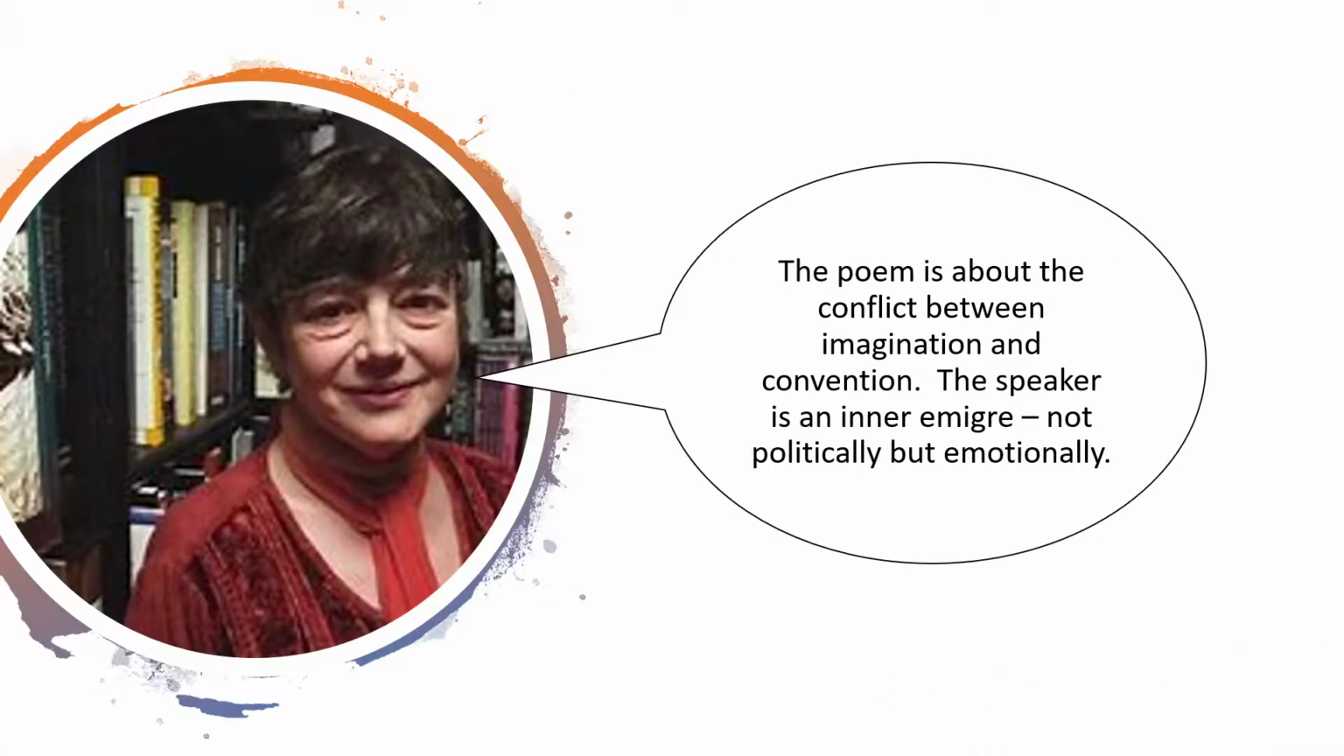Now, this is Carol Rumens, and she has been quoted as saying about this poem, "The poem is about the conflict between imagination and convention. The speaker is an inner emigree, not politically, but emotionally." Now, you don't need to quote from her when you're writing about the poem, but I think this is quite helpful when we're thinking about what the poem's about, that whilst there obviously is a political story behind her speaker, what Carol Rumens is saying is that what she's interested in the poem is the emotional experience of being displaced